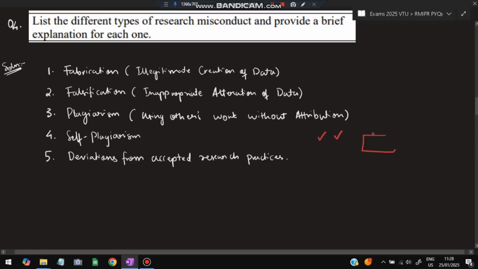If you have any errors in the research, you have to disclose it. If you don't disclose, people will think that this is correct, and based on that they will take decisions, so the decision will be wrong, right? So whatever errors are there, they should be disclosed. If you don't do that, you are coming under the fifth category, deviation from the accepted research practices. Another can be conducting studies on participants without telling them what risks are involved, violating the ethical principles. Without warning the people what risks they have if they take part in this survey, hiding that information also comes under research misconduct.